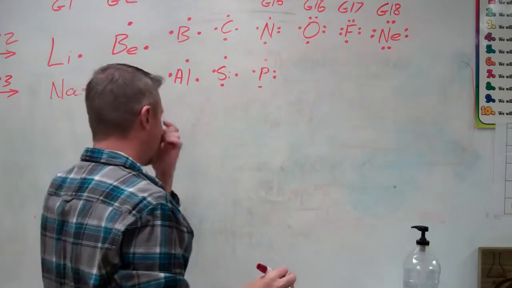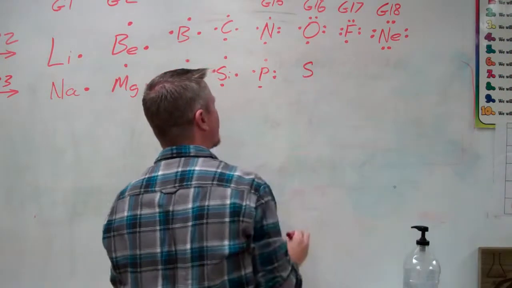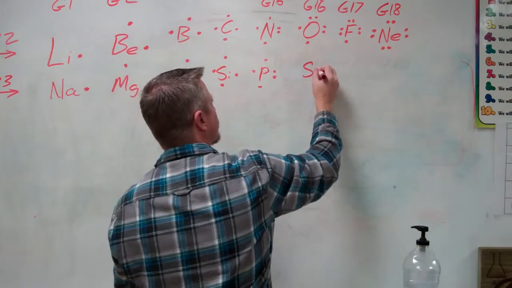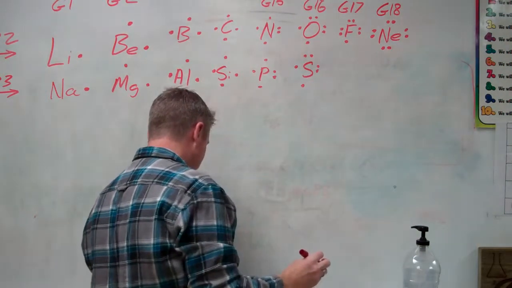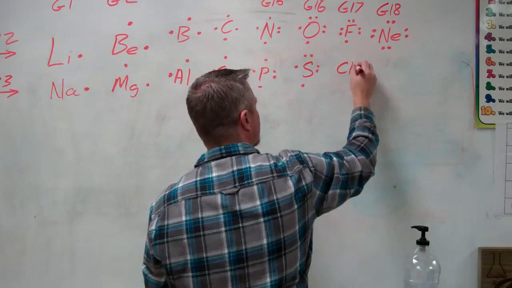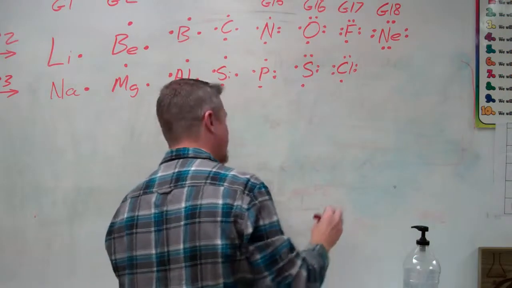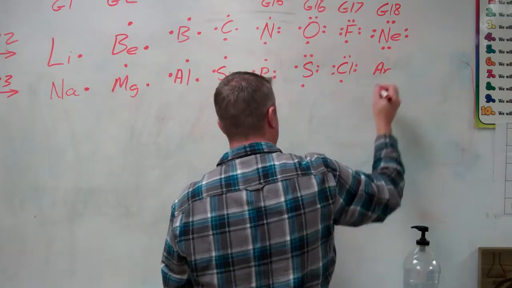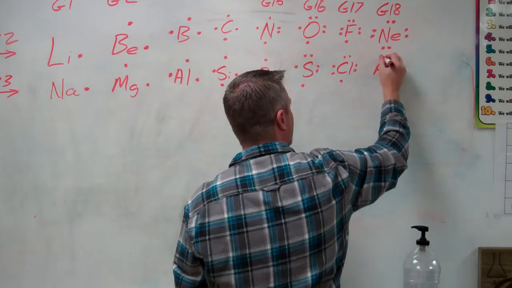Everybody see the pattern? Yeah. Okay, then next to that, we have sulfur in group 16. How many there? 6, 1, 2, 3, 4, 5, and 6. Then next to that, we have chlorine, Cl. Okay, 7, good. 1, 2, 3, 4, 5, 6, and 7. And then next to that is argon. How many there? 8. 8, also stable, right? Group noble gas.